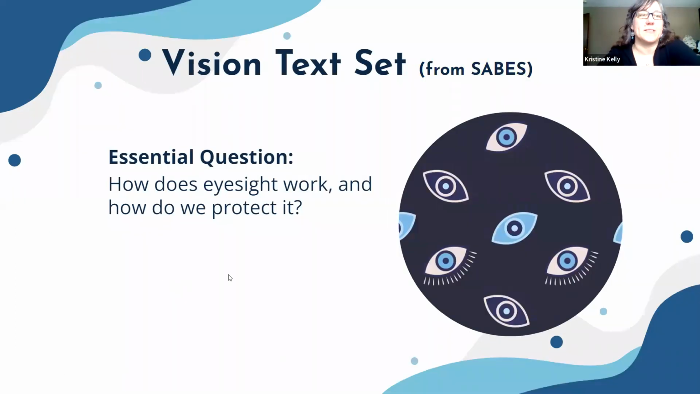So here's a vision text set. I'm actually going to do just this one text set, because I think you can get a really good idea from it so that I finish this on time. This is from Sabes. They are kind of like Atlas in Massachusetts, but